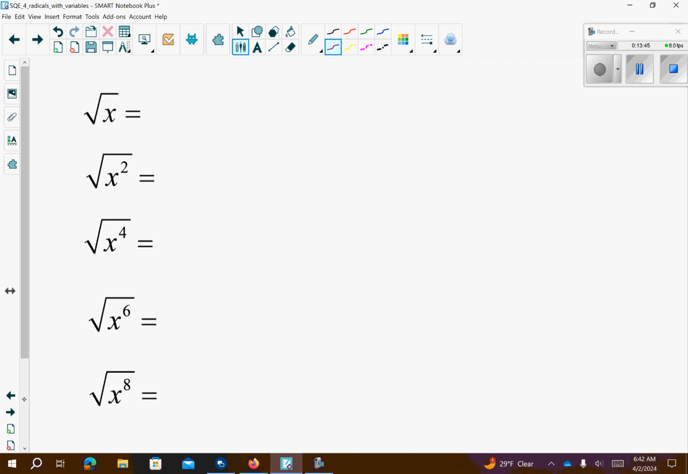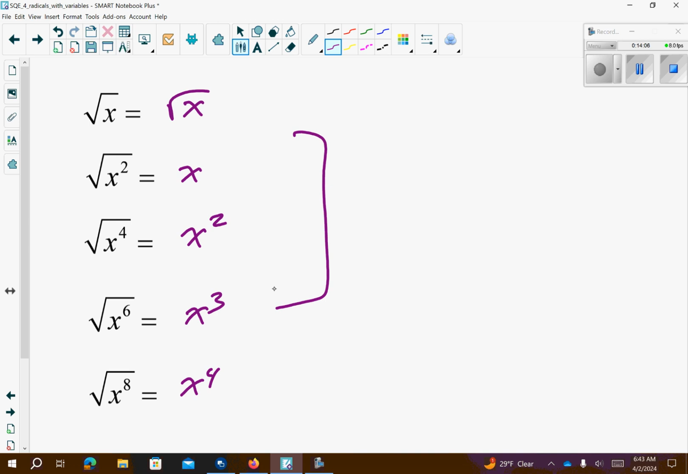So let's see. I don't believe you have this page. But it's okay to look at. So this just becomes this. That's not a perfect square, but this becomes x. This becomes x to the second. This becomes x to the third, x to the fourth. So on these, you don't have the notes. You can squeeze this down at the bottom of page 84. You take half of the exponent